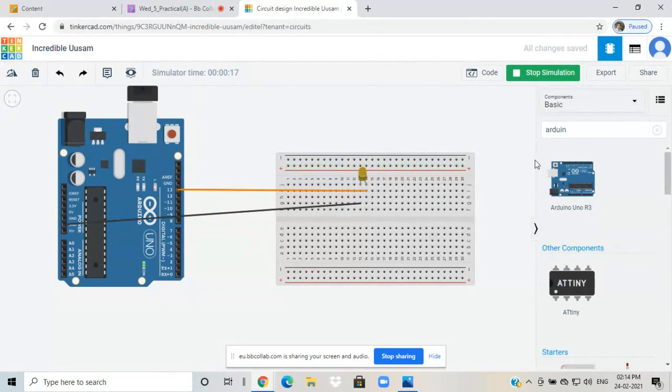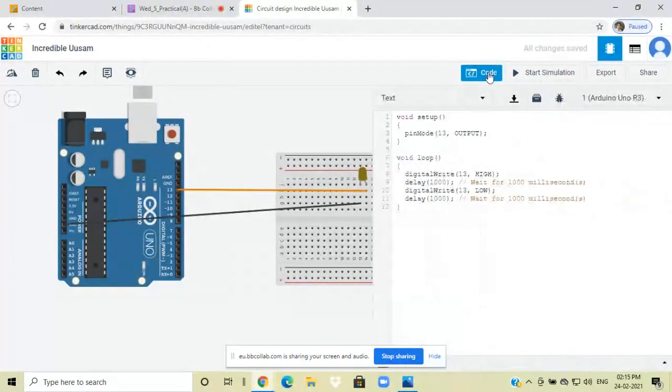Now students, one issue is there when LED is glowing. So one message is there. What is the message? So I will increase the on time, so we will be able to read the message.